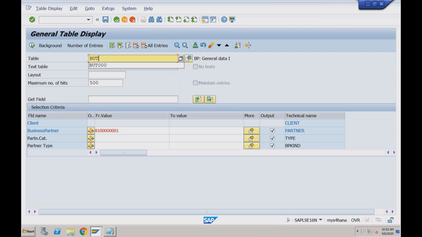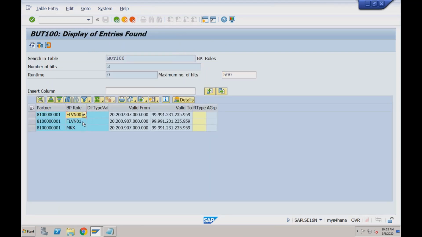So BUT000 is my general table. Similarly, BUT100 holds the roles. What are the different roles created for a particular business partner? If I enter this business partner number, it will tell me which roles this business partner has, and when exactly the role was created. You can see it is showing valid from and valid to; all the information is available at the role level. So at any point of time, if you want to know how many roles are assigned to a particular business partner, or how many business partners are assigned to the FLVN00 role,